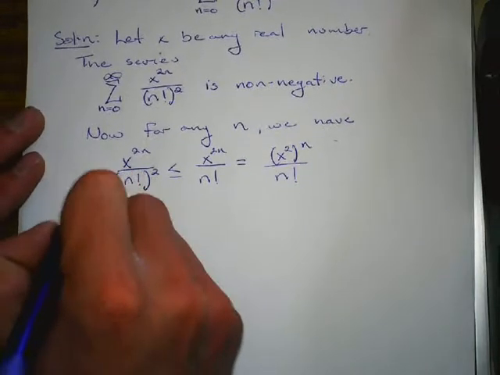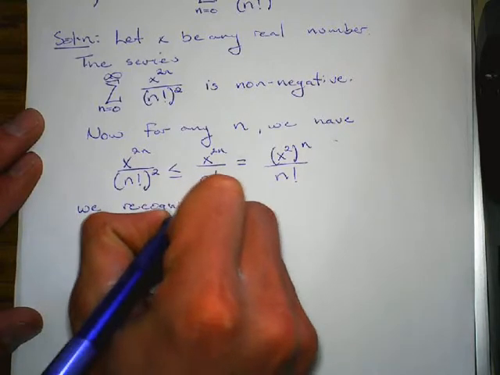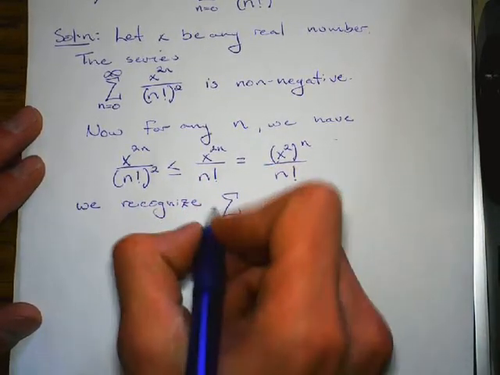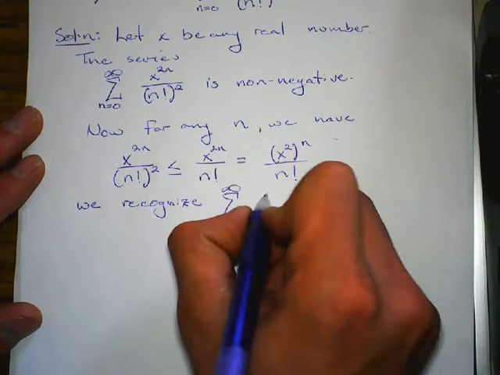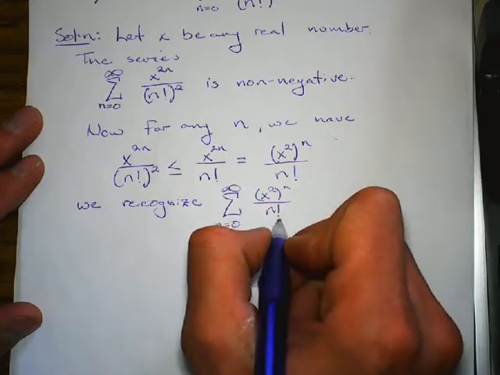And now you can recognize that this series from n equals 0 to infinity of x squared to the n over n factorial